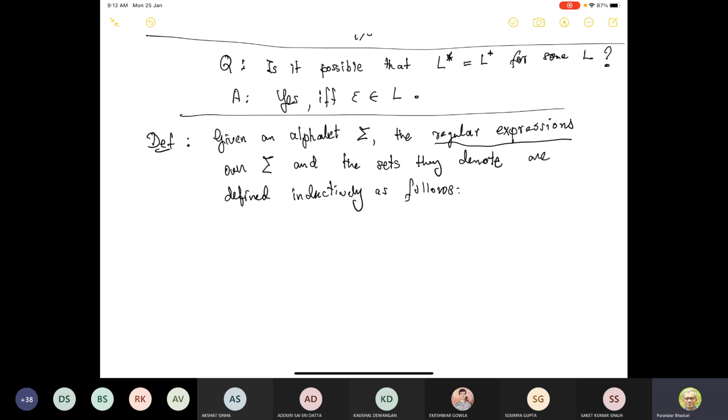we will define, let me use small letters here, the regular expression E. And on the right, we'll define the set denoted by the regular expression E. And this we'll call L(E). Okay, so first of all,